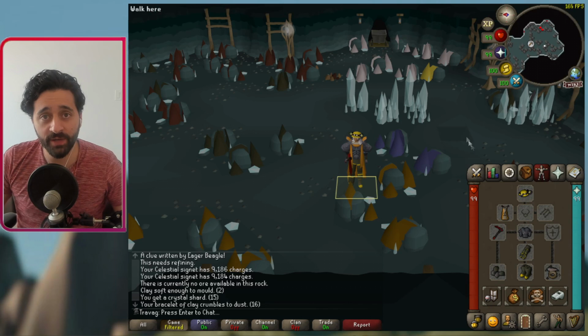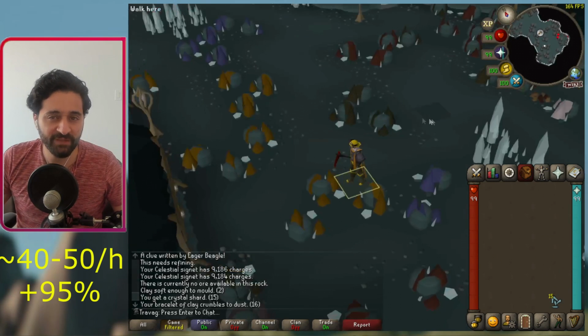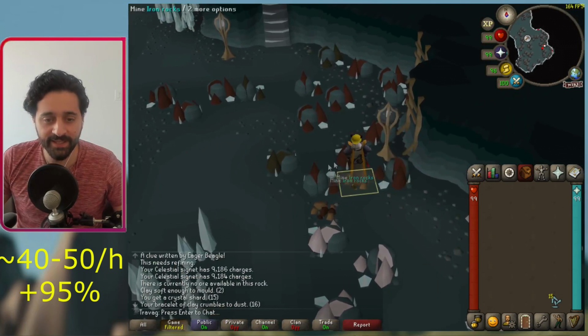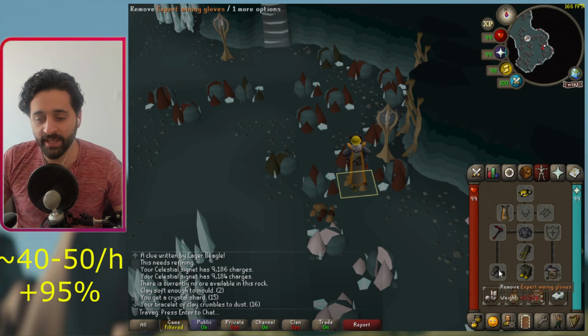I would say if you're using bracelets of clay for the entire method with bank and everything, you could probably get about 40 to 50 shards an hour doing this, which is not bad overall if you got to stack up on some soft clay. The next thing is iron here, power mining iron specifically. Right now, I would say the meta of what you should do is go to the mining guild to get